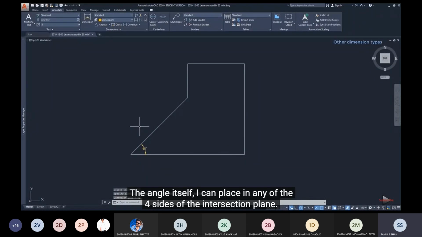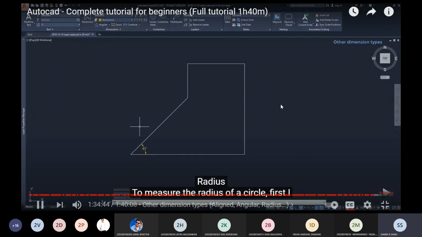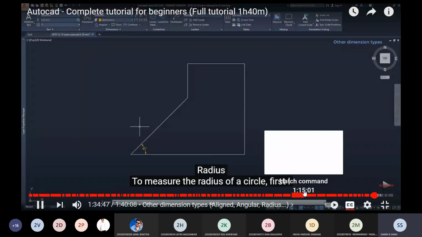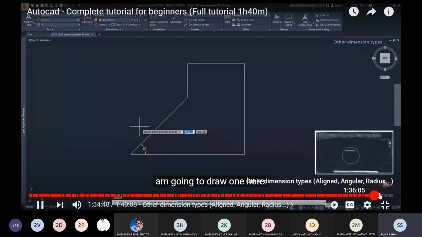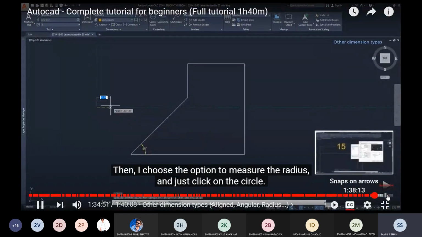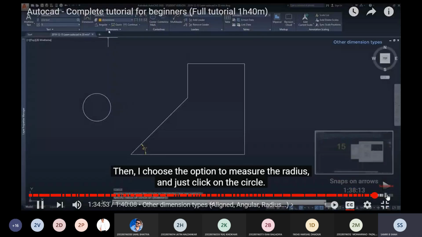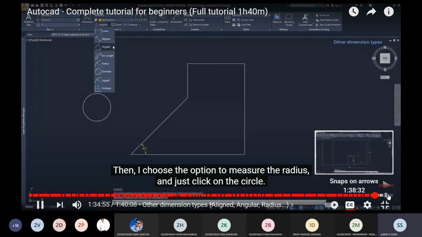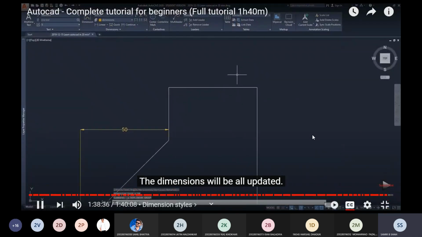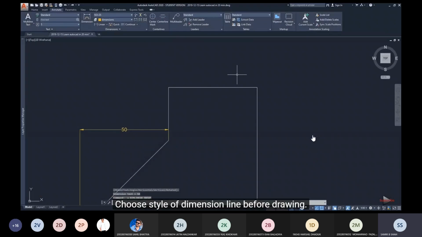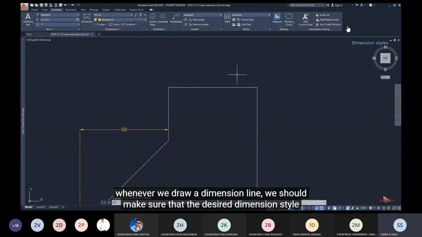Radius. To measure the radius of a circle, first I'm going to draw one here. Then I choose the option to measure the radius. Choose the style of dimension line before drawing. Whenever we draw a dimension line, we should make sure that the desired dimension style